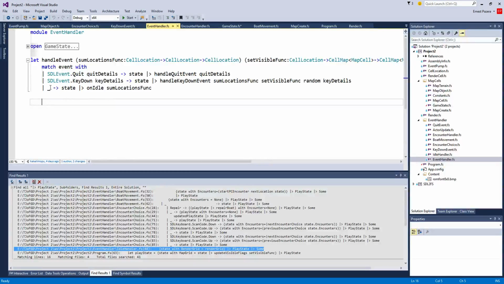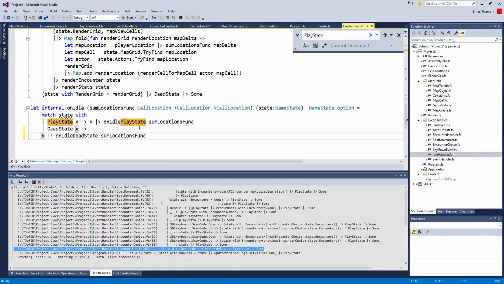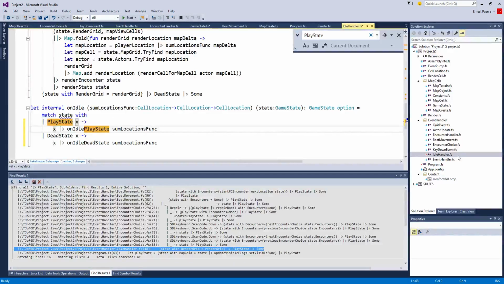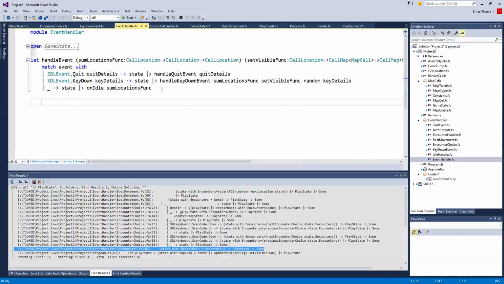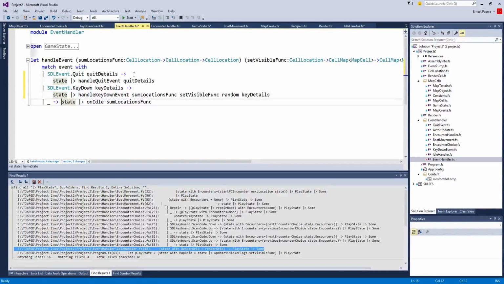And when I am idling on idle, idle state some location. So really the only places where the things can change are here, and